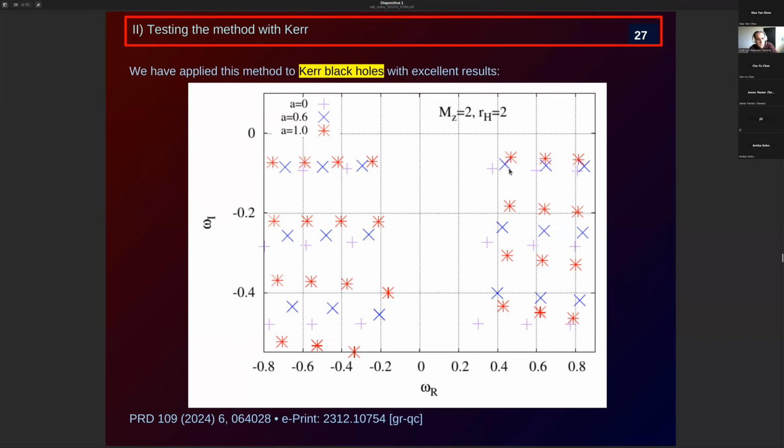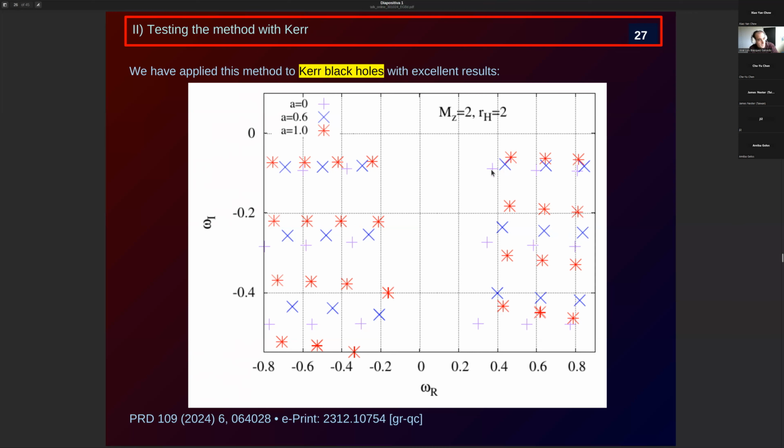This is the first excitation, the second excitation. And then as you go away from the omega r 0 axis, you also have these other modes. These are the modes that have different leading multipole decomposition. For example, this is the mode that has leading L equals 2 in the decomposition in spherical harmonics.